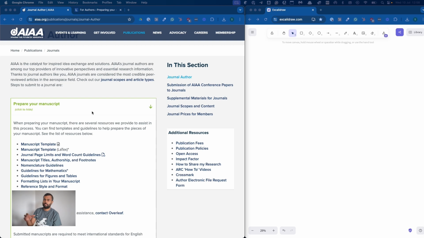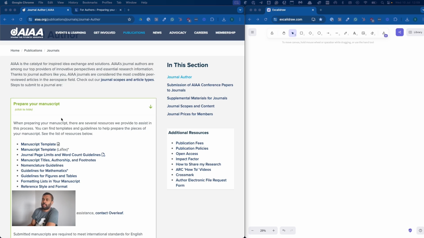And that is typically a journal, or it could be a conference, but let's focus on journals, right? It's an original work that you need to publish. How does that work? So typically, now you've decided where to publish, and you would head to the place typically referred to as instructions for authors. Now you can see on the screen that is one here for AIAA, one I used to publish a long